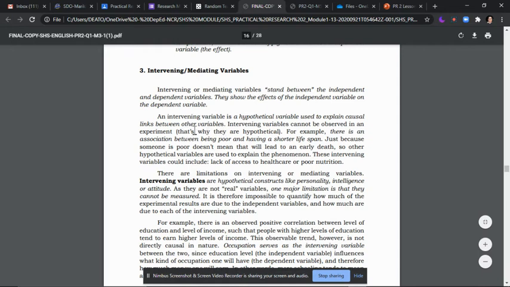That's why they are hypothetical. For example, there is an association between being poor and having a shorter lifespan. Because someone is poor doesn't mean that will lead to early death. So other hypothetical variables are used to explain the phenomenon. These intervening variables include lack of access to healthcare or poor nutrition.